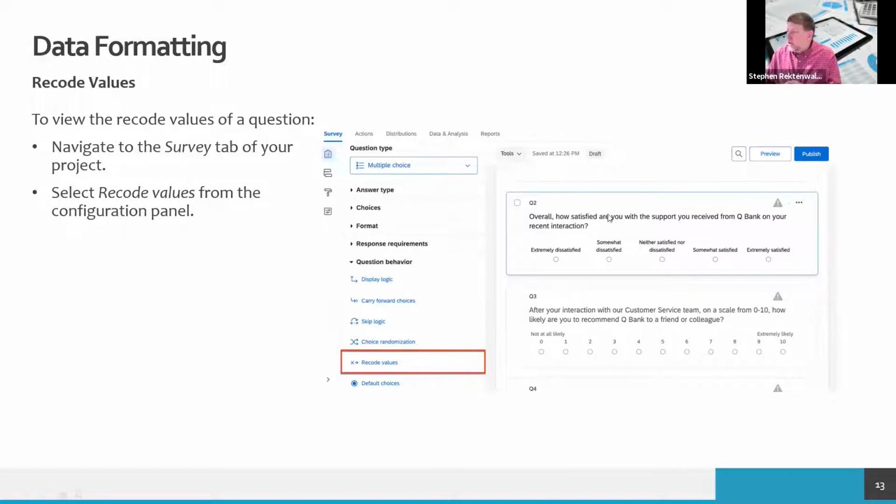When I select the question from the survey tab, I can choose to recode values from that configuration panel. That will allow me to set them up so that they get values across. Another reason that I may want to do this is if I went from extremely satisfied on the left to extremely dissatisfied, that would mean that extremely satisfied has the 0 value. And I may want to have it the opposite way, so I need to tell it to flip those values and make extremely satisfied be the 4